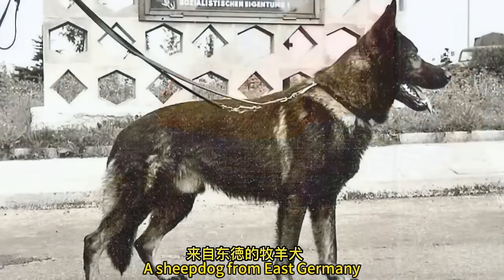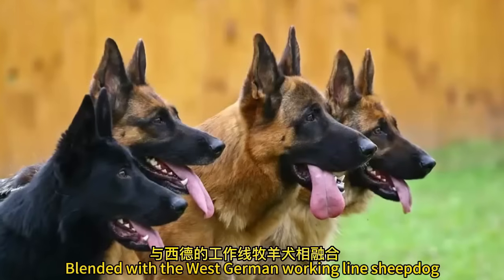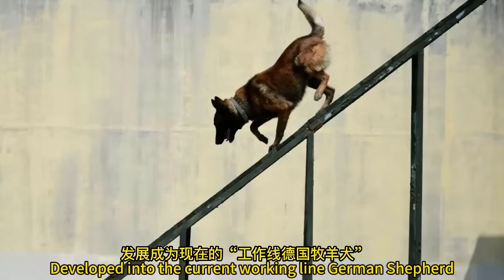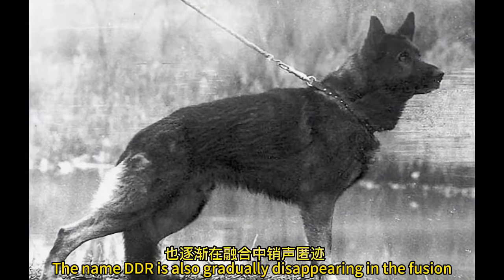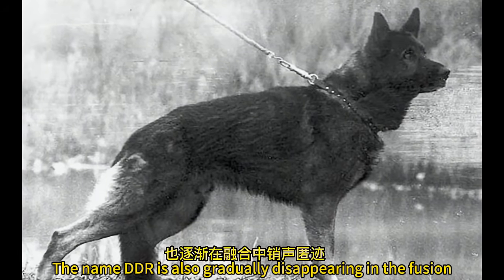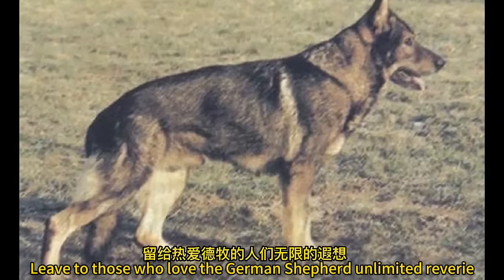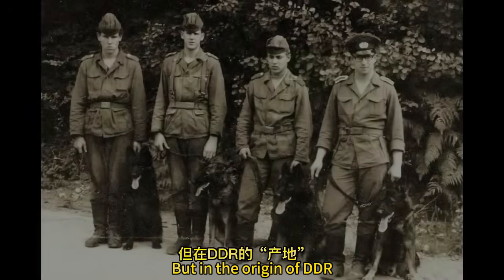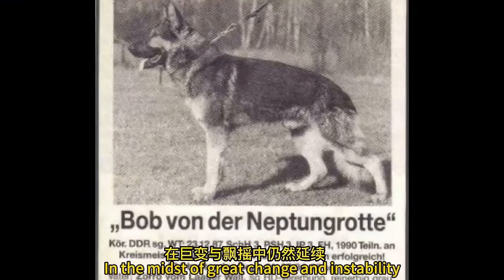A sheepdog from East Germany, blended with the West German working line sheepdog, developed into the current working line German Shepherd. The name DDR is also gradually disappearing in the fusion, left to those who love the German Shepherd unlimited reverie. But in the origin of DDR, the purest of these early German Shepherds, in the midst of great change